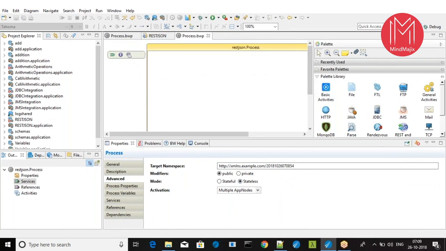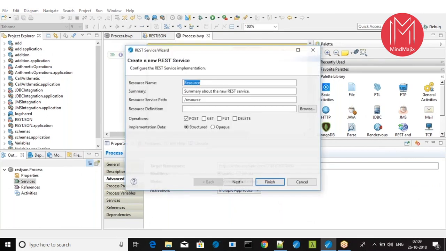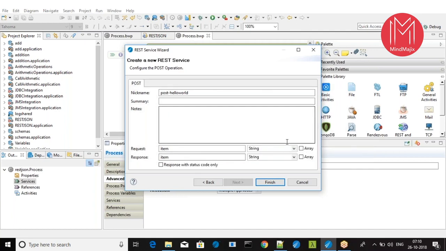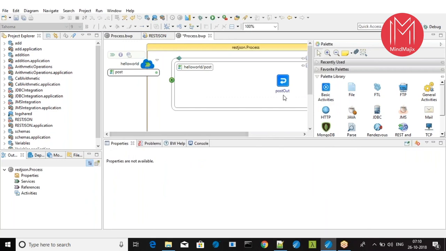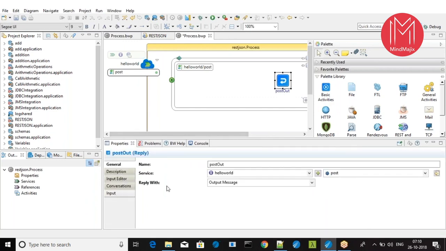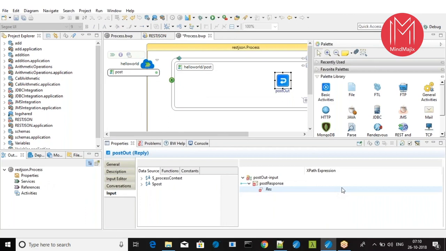And let me create a REST service, a simple REST service I'm going to create now. I'll say hello world. Okay, so I'm going to do a POST, that is fine. Nothing in the request, and just a response of one string, that's it. So I'll just rename this to simple REST service. I'm not creating anything very complex, just a simple request and response. So in the response, what I'm going to say,